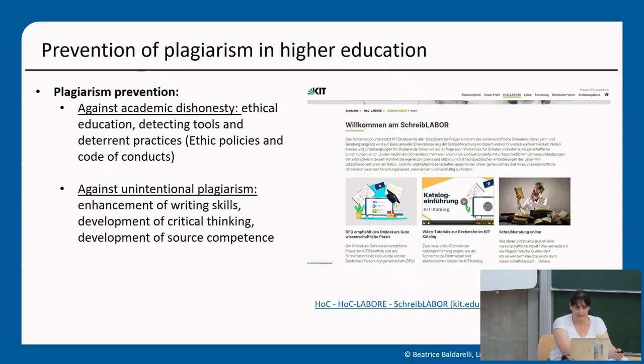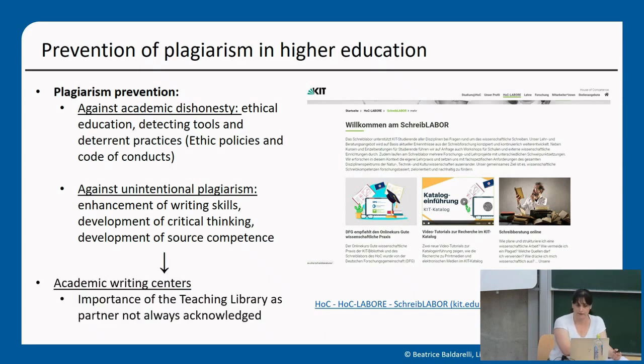In the second case, unintentional plagiarism, prevention focuses on the enhancement of referencing and citation skills. In this field, institutional writing centers can have a great impact on the plagiarism problem in academic contexts. This is the example of the Schreiblabor of the Karlsruhe Institute of Technology.